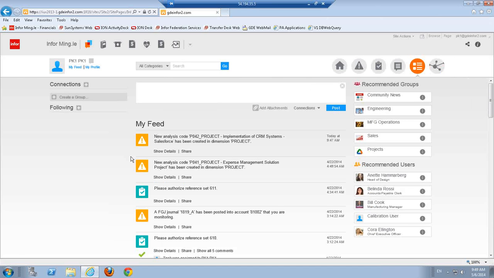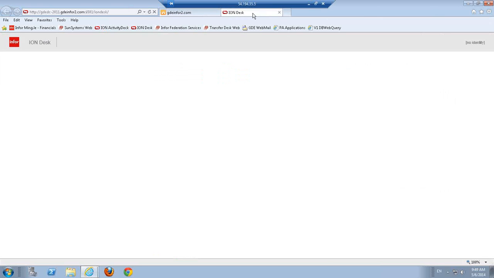So that's a basic example, but the technology behind that is Infor ION. So we're using ION events and alerts to pick up, in this case, an alert set up on the analysis dimension for projects. As soon as an analysis code is created, we're going to send out an alert to the relevant group of people. So if we look at what's actually happening behind the scenes, if we go into ION Desk,